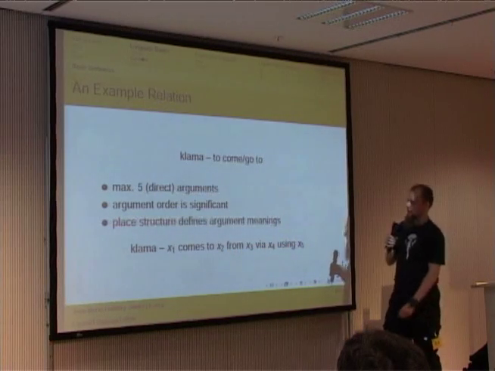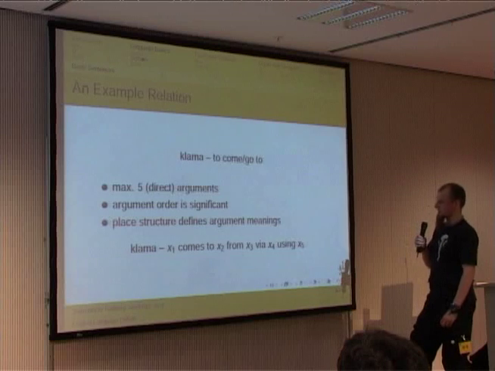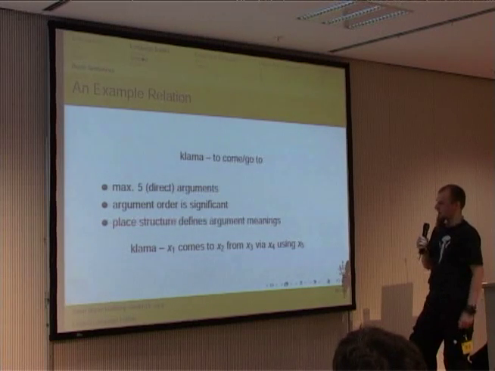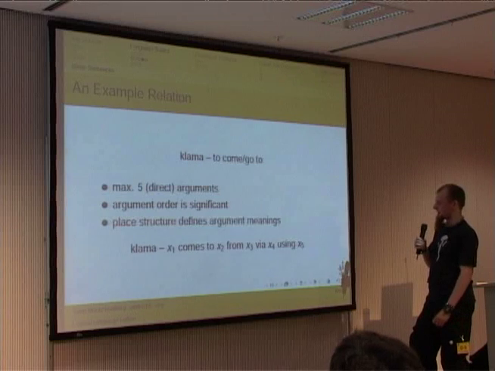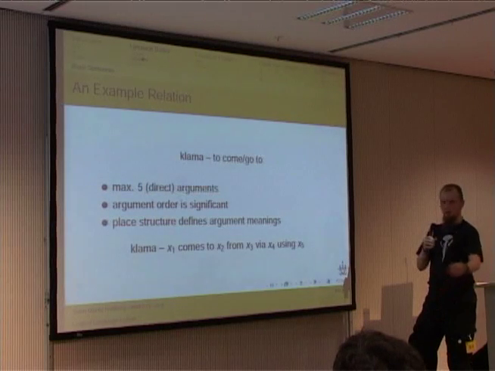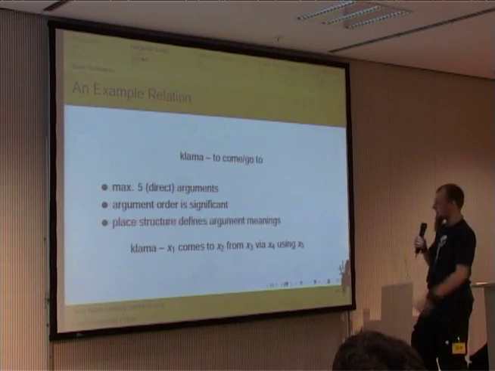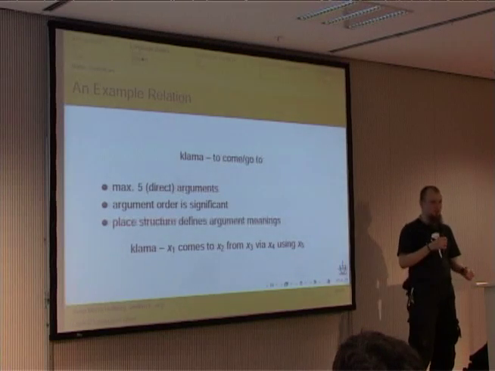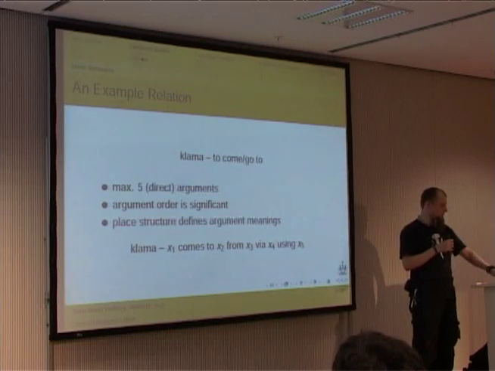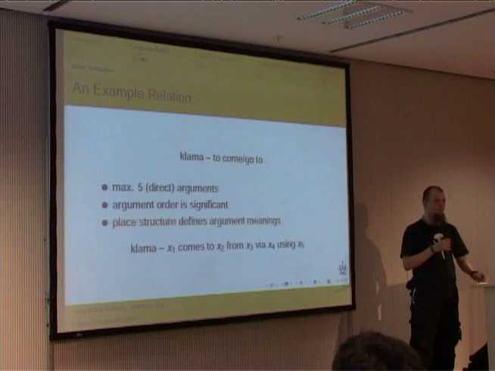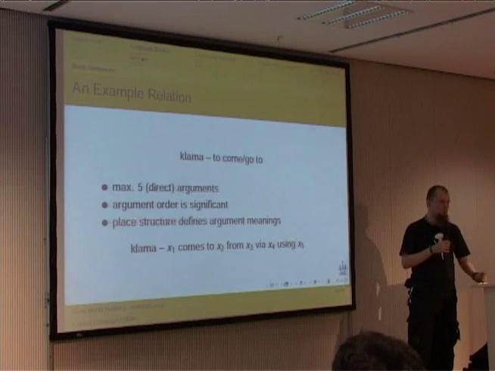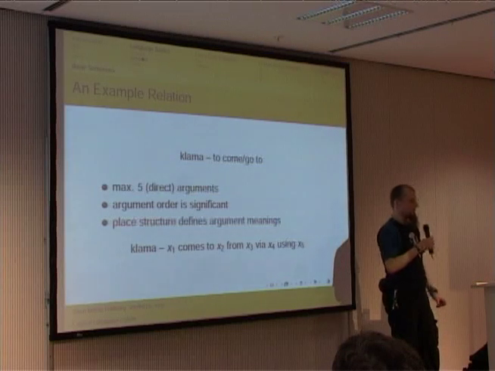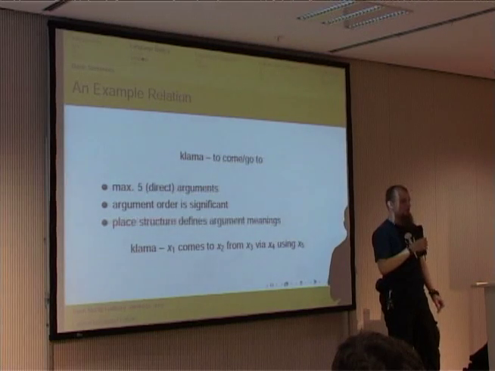First argument is the person or whatever is coming somewhere. The second argument is where it's going. Third, where it's coming from. Fourth is the way that X1 is using, and 5 is supposed to be some kind of vehicle or means of transportation or whatever. Yeah? What do you do if you want the argument X5